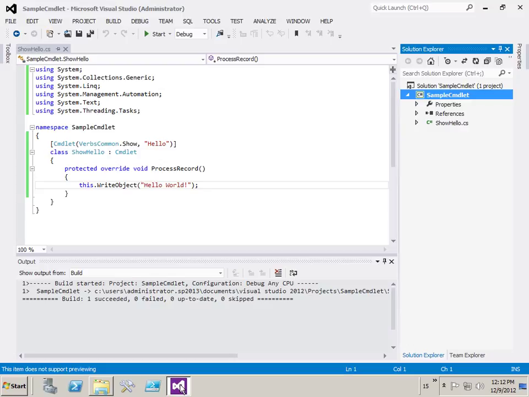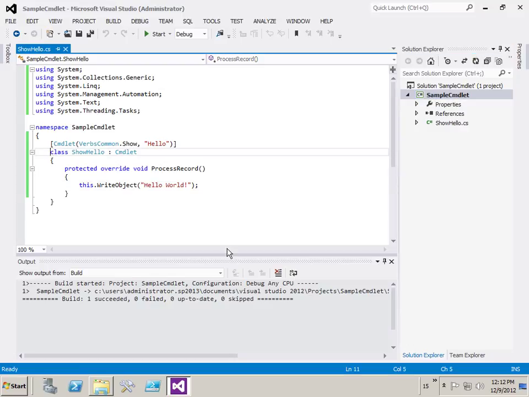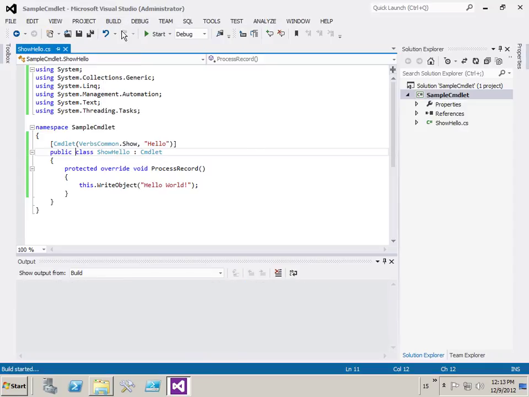And the problem, now that I'm looking at this, I've been scratching my head thinking, what did I do wrong? The problem is that my class is not public. I don't know why Visual Studio always sets classes up to be private by default, but that's the mistake I just made. And so we'll build this solution again